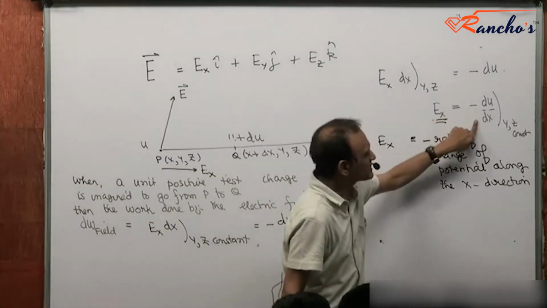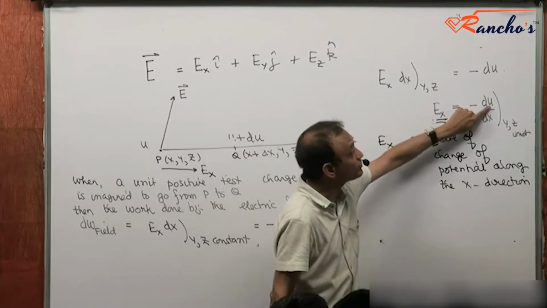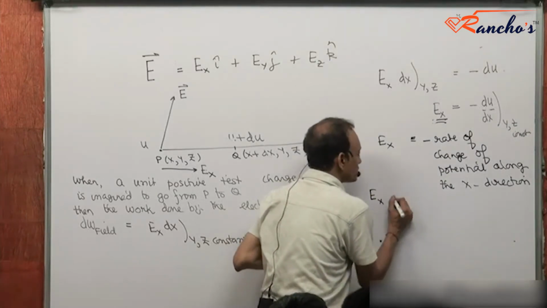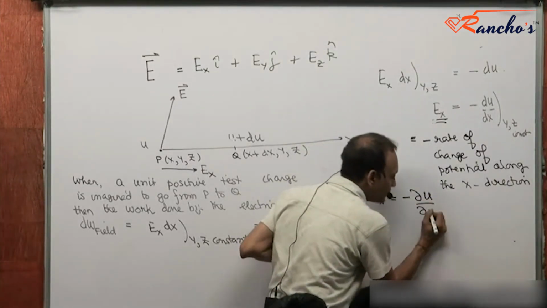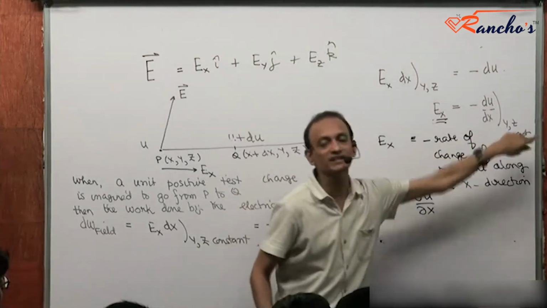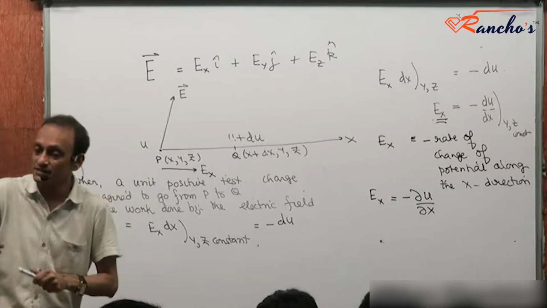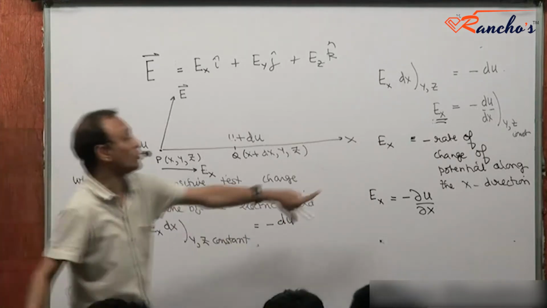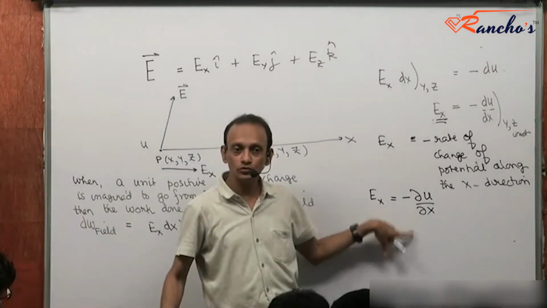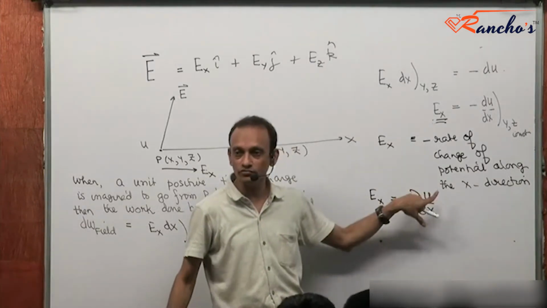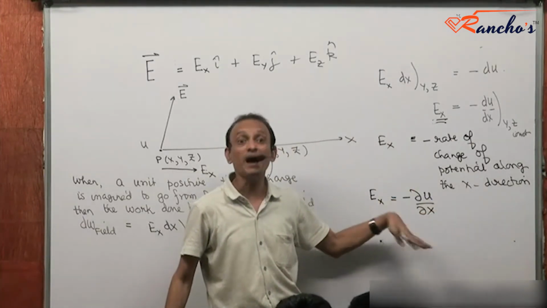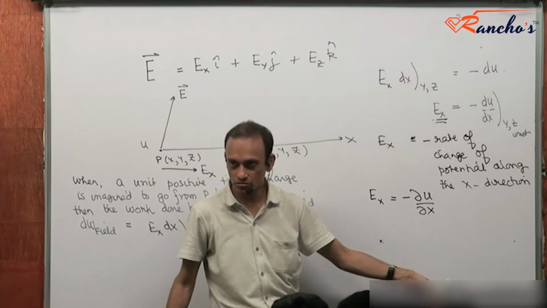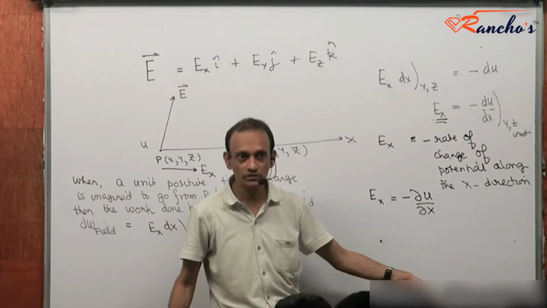And du dx when y and z remain constant is like saying differentiate u with respect to x, keeping y and z constant. And that fact is written as minus dou u dou x. If you write minus dou u dou x, you will not have to write y and z remaining constant. It means you are differentiating with respect to x but keeping y and z constant. The moment you write this, it's dou dou x of u, right? It's like the partial derivative of u with respect to x. Yes or no? You know what I'm saying?